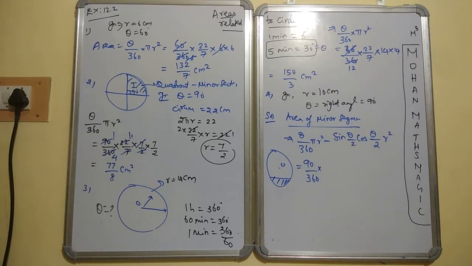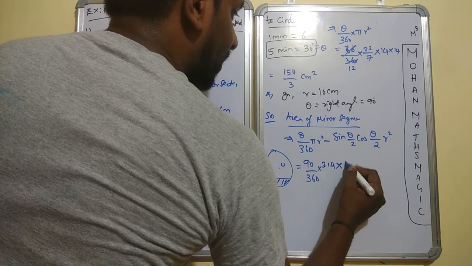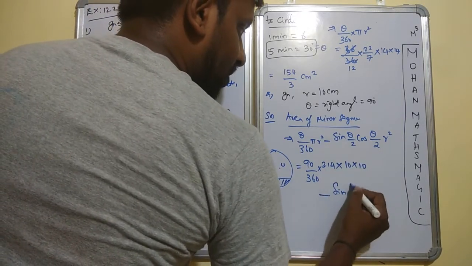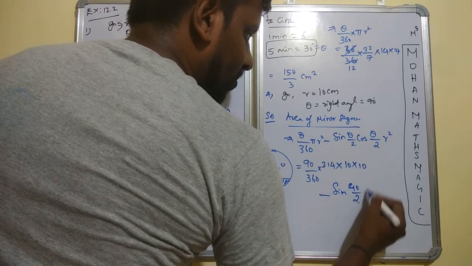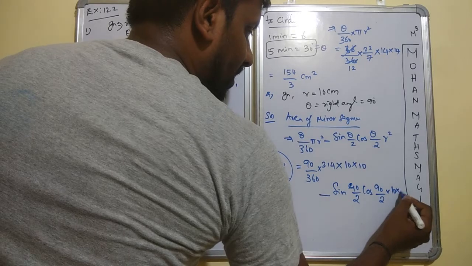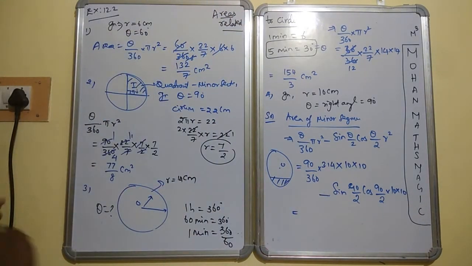Okay? So 3.14 into radius square 10 times 10 minus sine theta by 2, theta is 90 upon 2, cos theta 90 upon 2, r square 10 into 10. So if you cancel it, the normal value